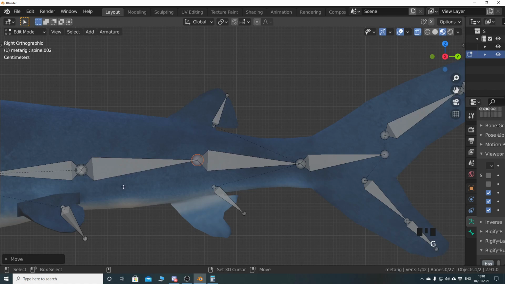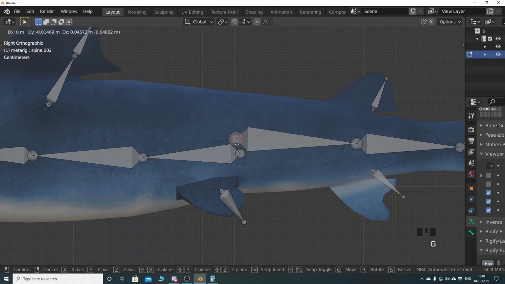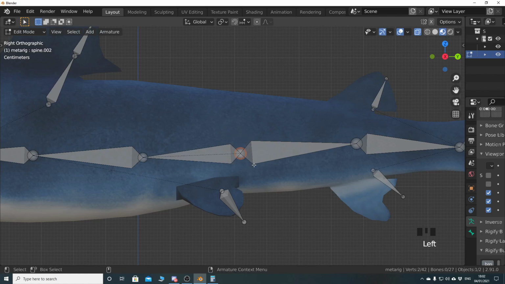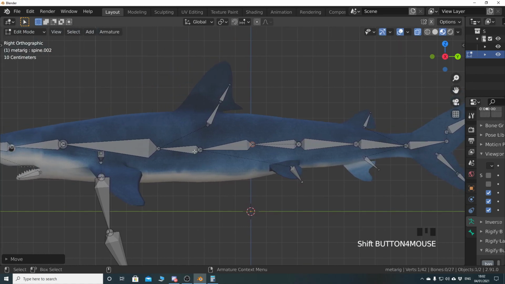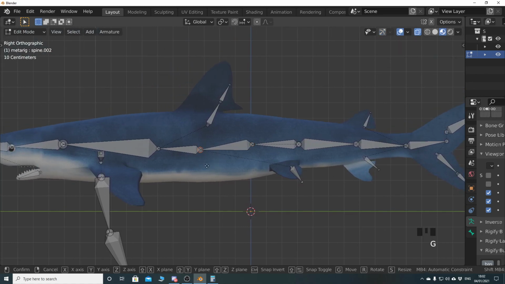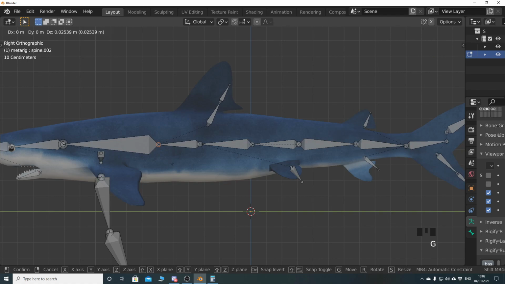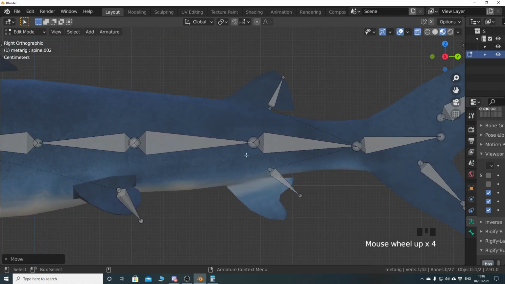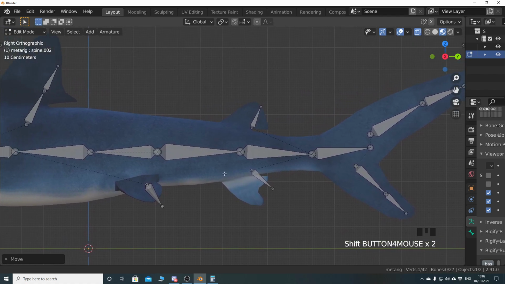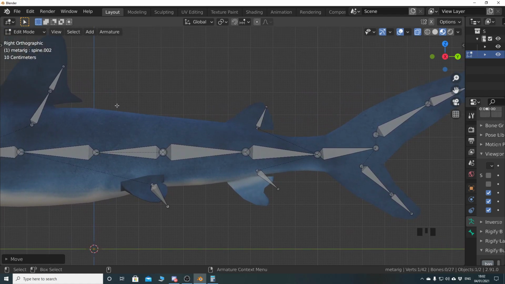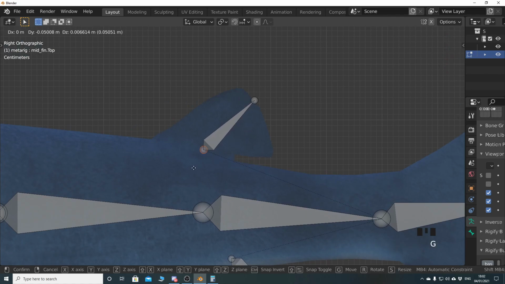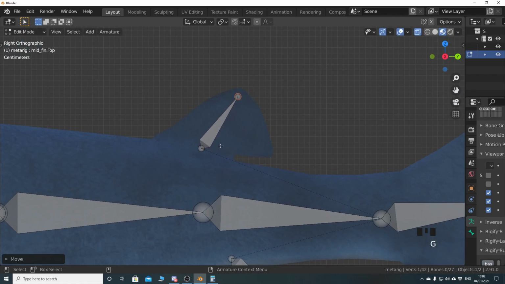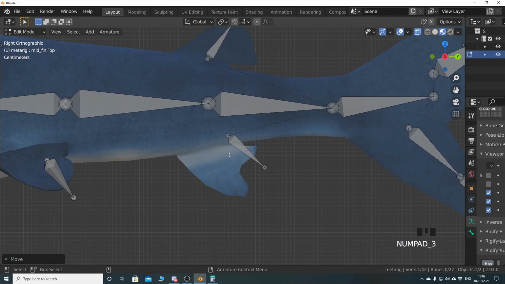You want to kind of judge as best you can where you think the movement, you know, how a shark moves. The tail fin is the part that I'm actually going to animate here, or attempt to animate. So you want to get the joints roughly where you think the tail fin or whatever part you're going to animate, get the joints roughly in the right place for that animation to look right and everything else. So we'll just kind of move these somewhere like that, and then we can do